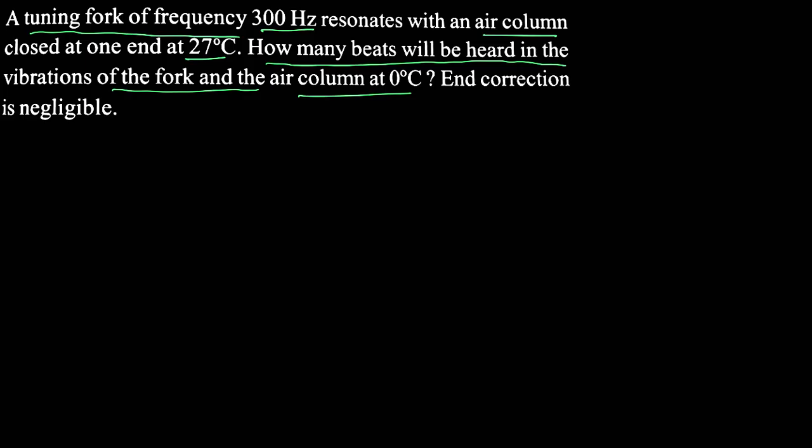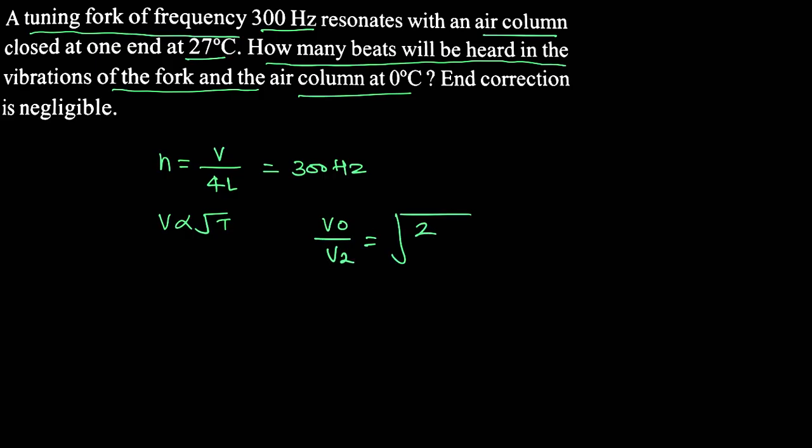End correction is negligible. So we can write here n is equal to V divided by 4L, and that is given to us. n is equal to V divided by 4L, that is 300 Hertz. It's given for one end fixed air column. Now when temperature increases, V is directly proportional to root of T, that is the velocity formula. It means V naught divided by V2 should be equal to root of (273 plus 0) divided by (273 plus 27),